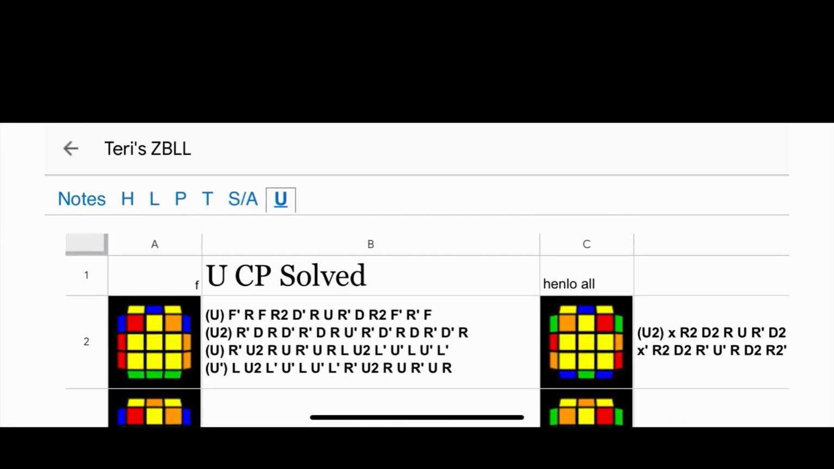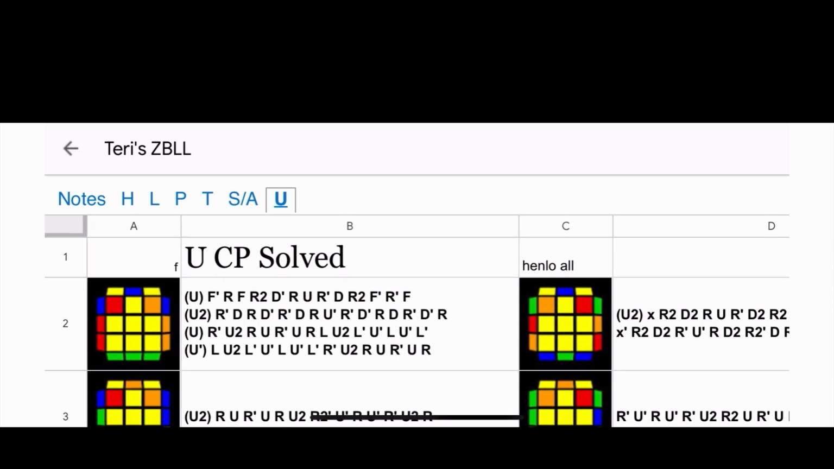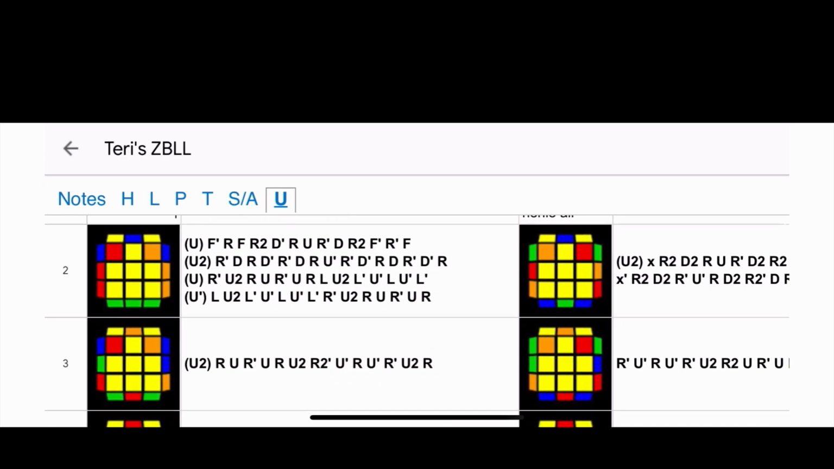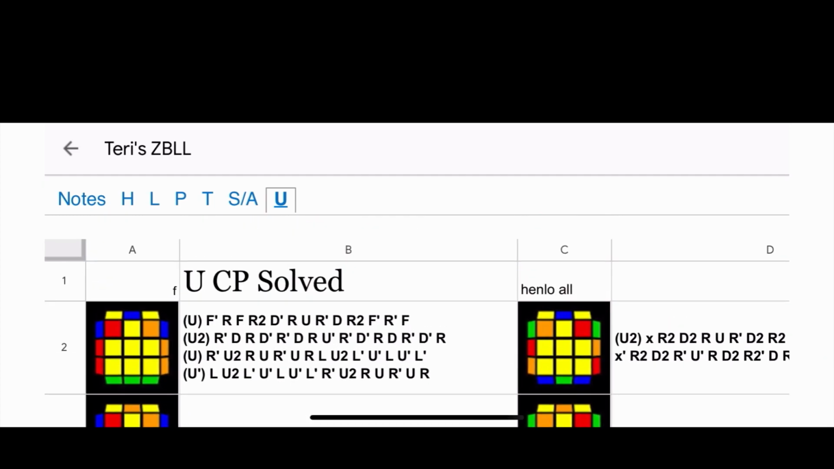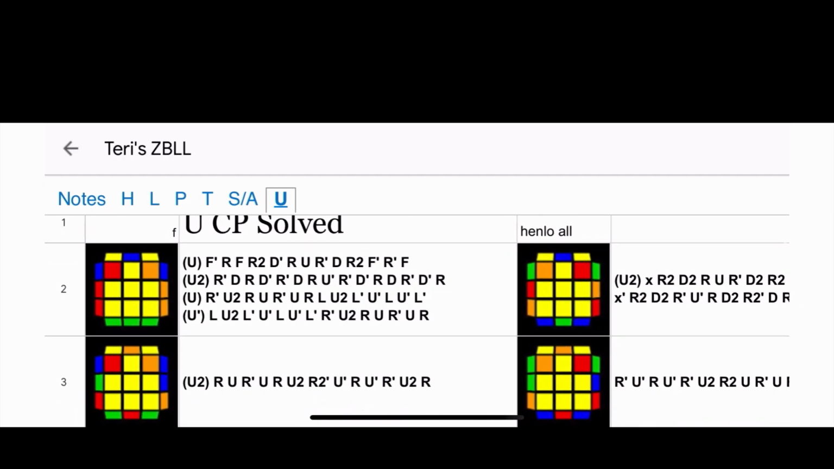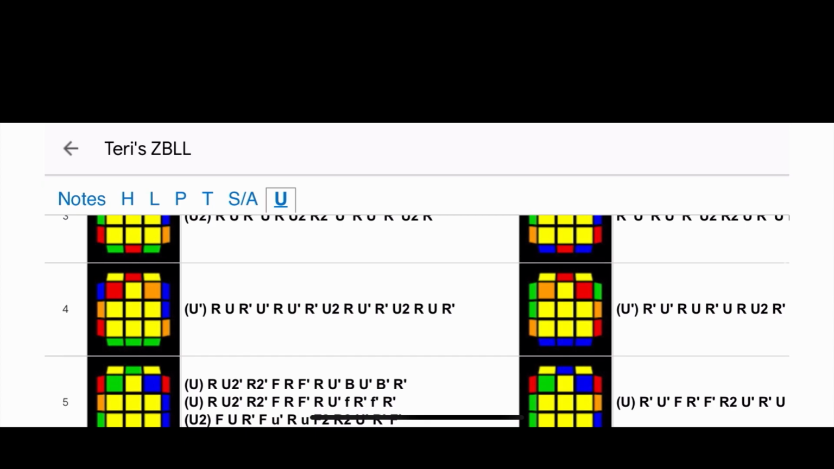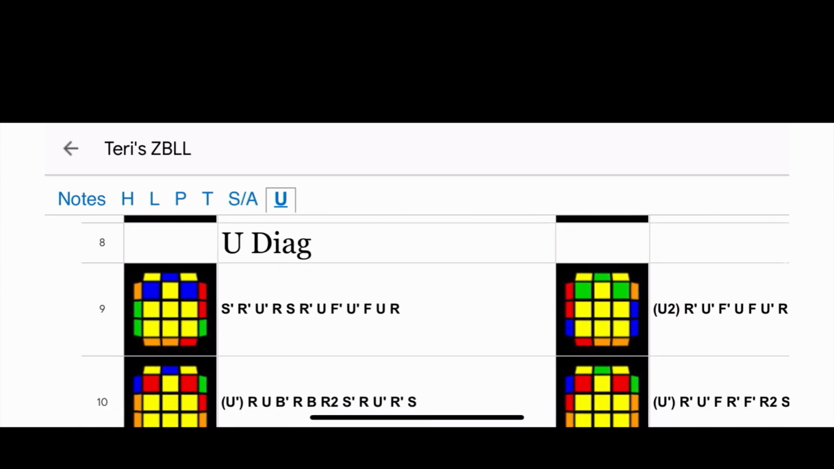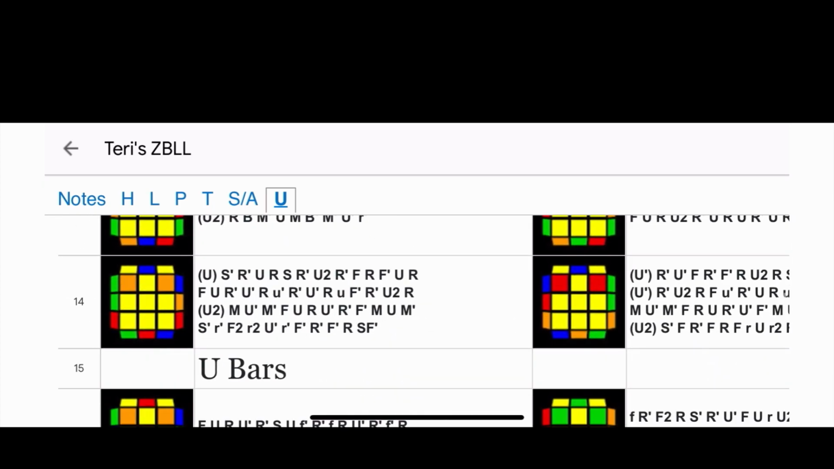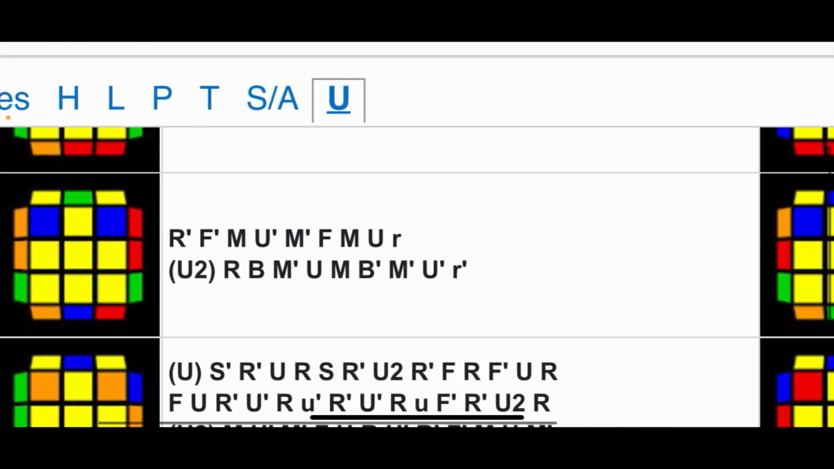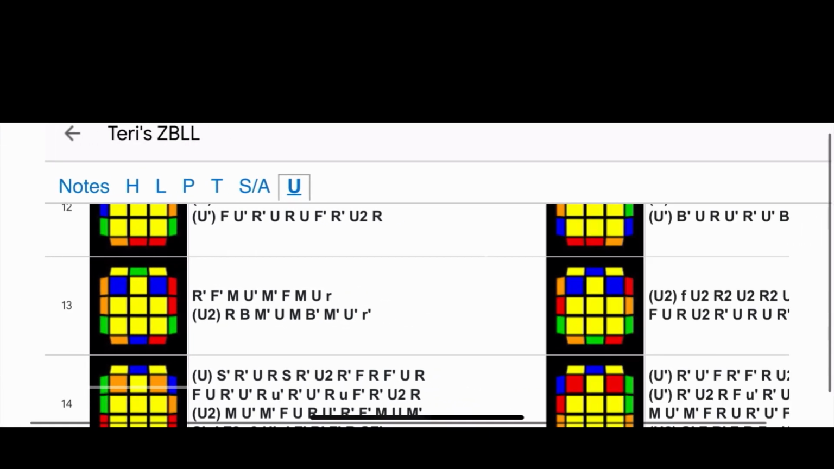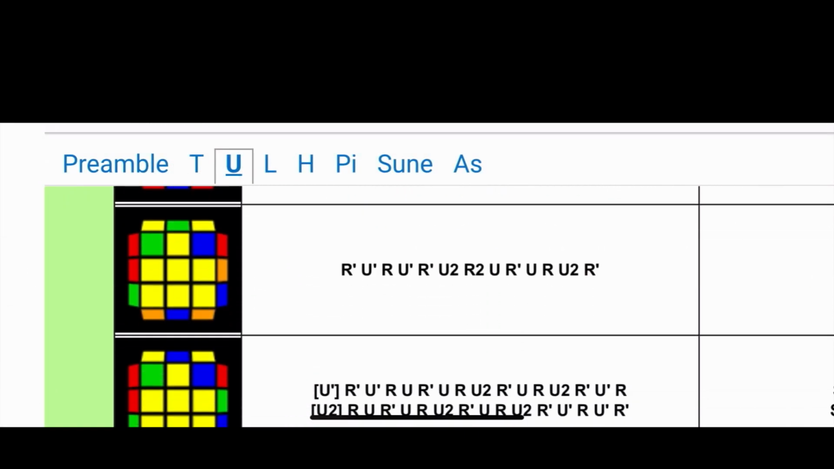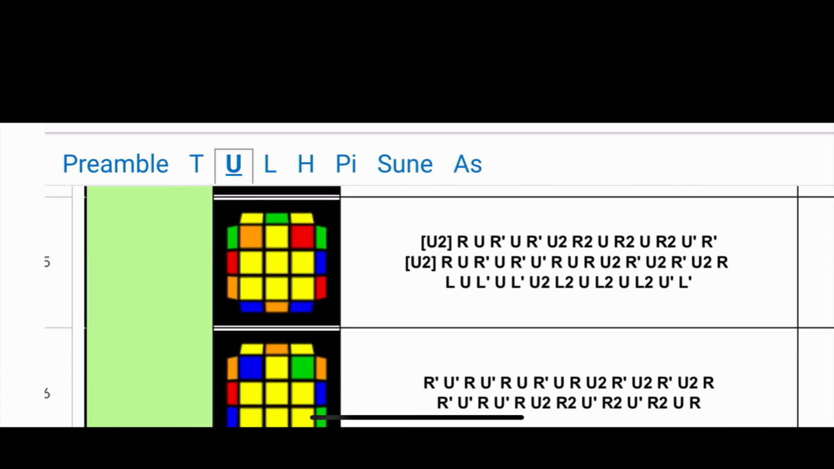The two resources I used for learning ZBLL are Terry's ZBLL sheet, which is, in my opinion, the best ZBLL sheet out there, and also Juju's ZBLL sheet. The reason I'm using both is, although Terry's ZBLL sheet does have the best algorithms for most of the cases, some of the cases, like for example this one, the alg is really short, but it's actually not fast, and that's something that can be solved if you go to Juju's ZBLL sheet, go to the same case, and